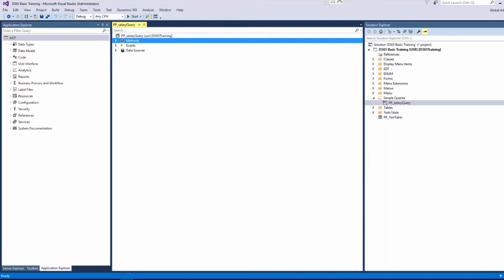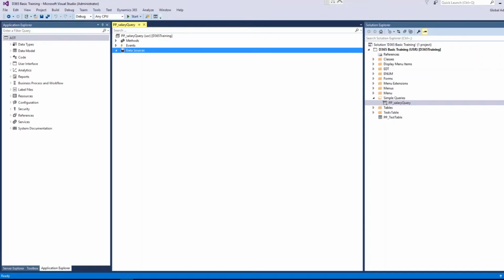Now the data source contains all the data sources from which the query gets its data. So you have to define from where this query will get the data. The query data source can be a table, map, or a view. We will see map or view later in our videos. For now we will take a table as a database. Now our question to the system was, we want to retrieve the employee salary having the gender male.